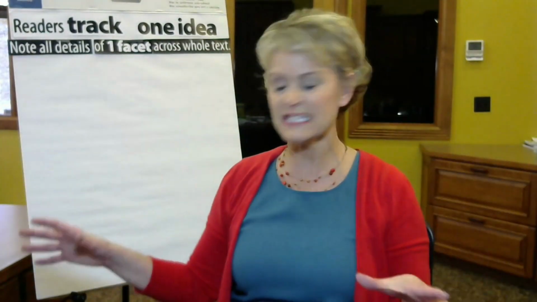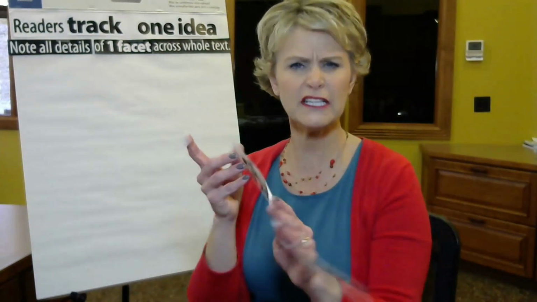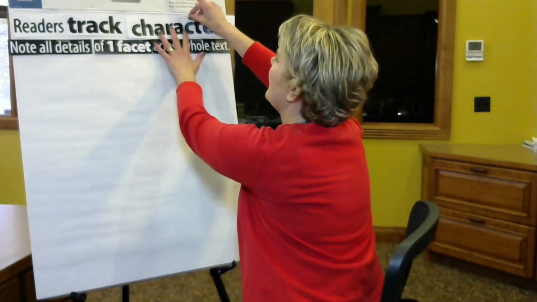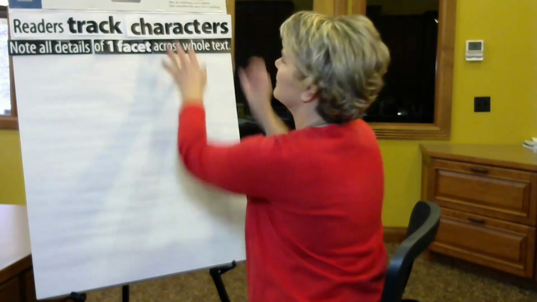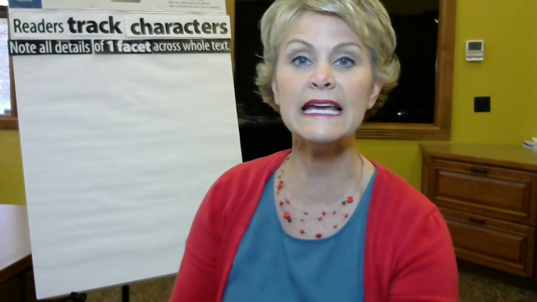This is tracking. Now, we don't have time in this skill series to learn how to track all of those different facets of nonfiction or story elements in literature. So in this series, I'm only going to zoom in on characters. We're going to just get better at looking at how authors develop characters. That's what this skill series is about. Identifying a single character and really zooming in to see everything the author tells us about the character from beginning to end. That's what we mean by tracking.